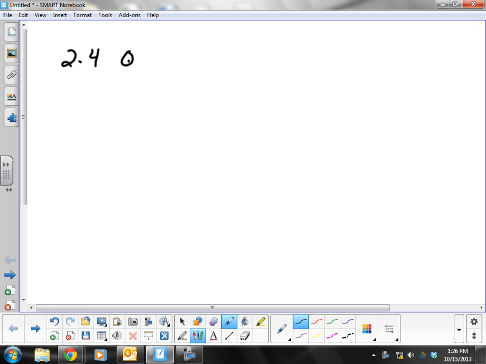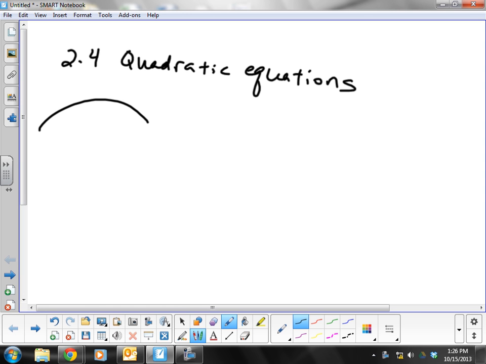6.4, the quadratic equations. Now, quadratic equations are something that come up quite often in the real world. Anytime you throw a ball or you shoot an arrow or you shoot a basketball, the path that follows is actually this thing that looks like this, right? Does anybody remember what that's called? A parabola. So the graph of a quadratic equation